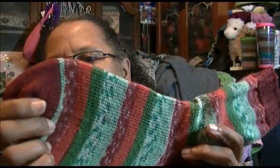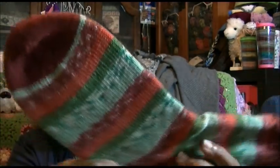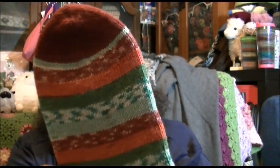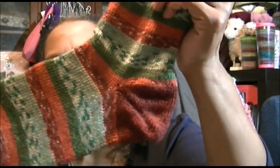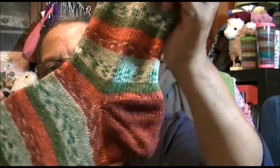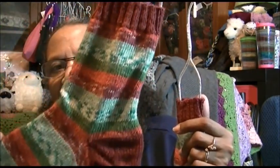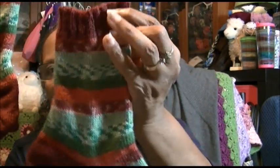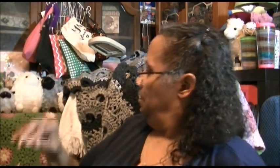And then I used the Hermione's Everyday socks with just a little tweaking on them to make the way that I like our toes to fit. It's just a couple extra rounds in different areas. And I do have them both done. And on these two, I was right at the heel, so I got the rest of that done. And then the next one,